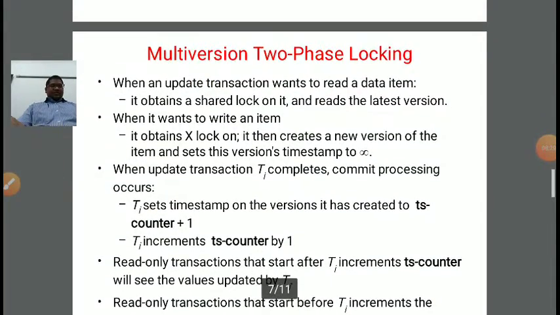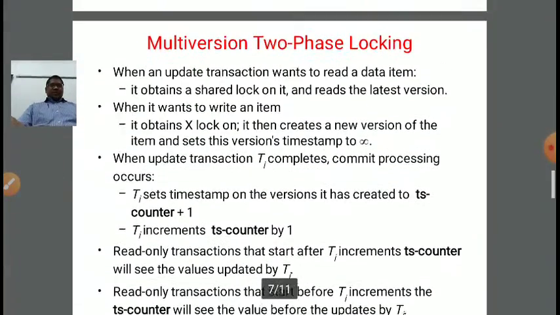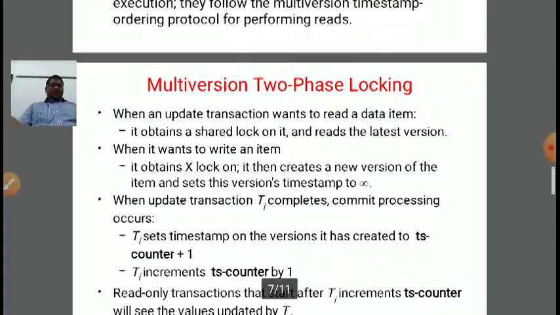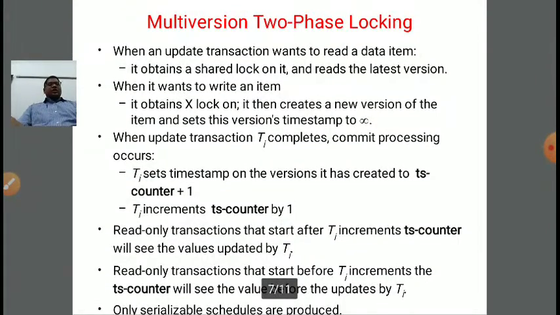Continuing with multi-version two-phase locking, when an update transaction wants to read a particular data item, what happens? It obtains a shared lock on it and reads the latest version. Means in order to perform a read on a particular data item, let's say Q, the transaction needs to obtain a shared lock on it, and after that it will read the latest version.